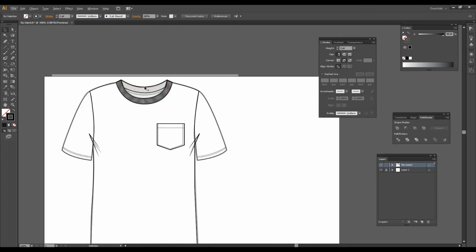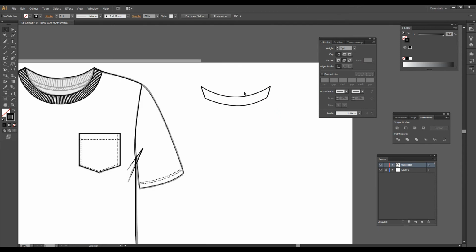Again, the same process. Just drag this shape and drag this shape, and again make a line like this, and just go to the stroke panel, select the line and click on the dash line. It's automatic. Change into this line, and just go to the weight. We have put there 35, so here also 35 point.